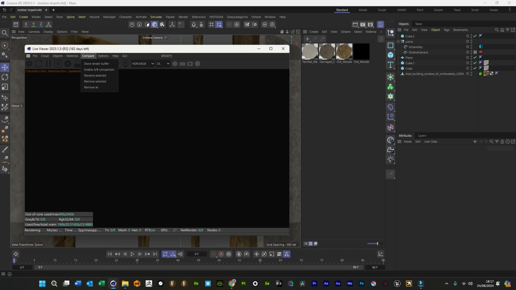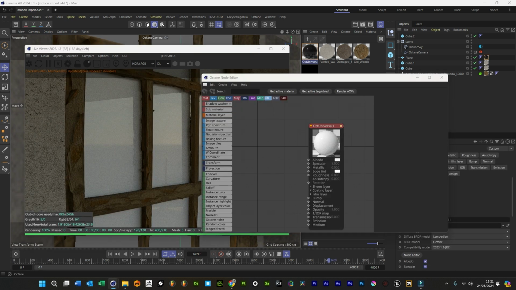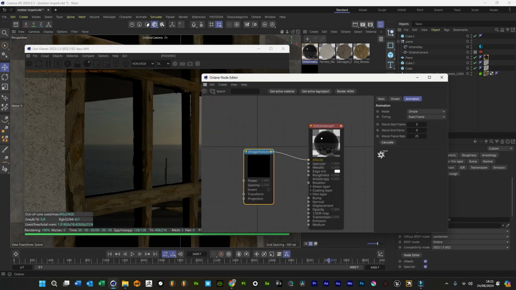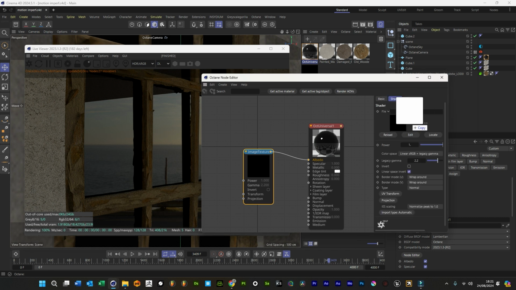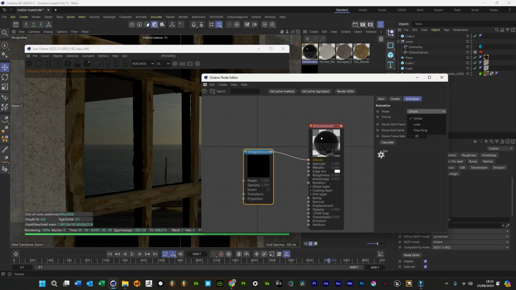So you want to start by creating an Octane universal material. Image texture, just cancel that for now. Tie the image texture to the albedo, and then we just want to click in the image texture and drag the first frame of the PNG sequence in. So now if we go to animation, we change this to simple, keep this to range, move the end frame. If we just press calculate, it should find the last frame, and frame range 4000,